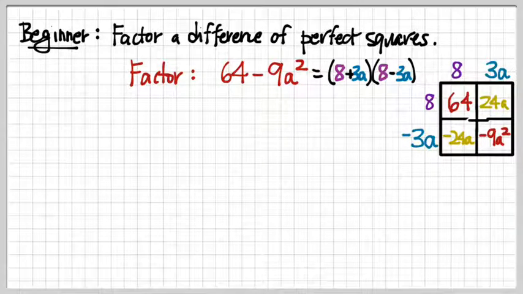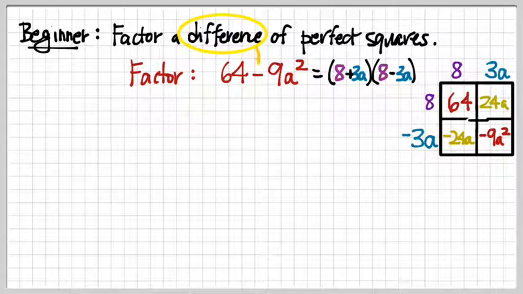So what's going to be your cue? When you look at a problem in which this would be useful, how are we going to know that this method is useful? Where does the difference part show up in our original question? It shows up because we're subtracting these two terms, right? That's what difference is a synonym here for subtraction. And then perfect squares,